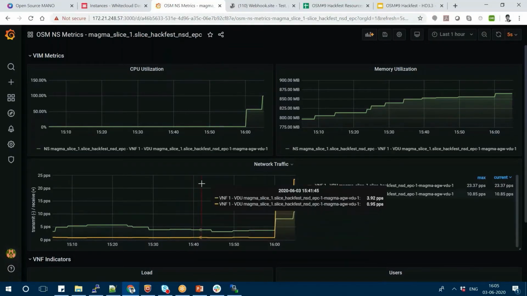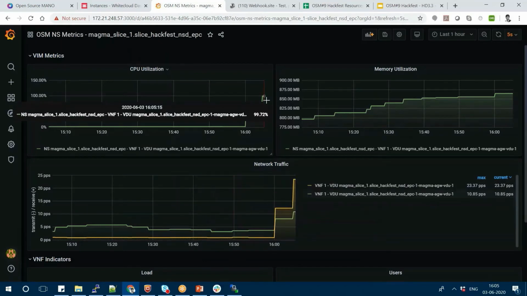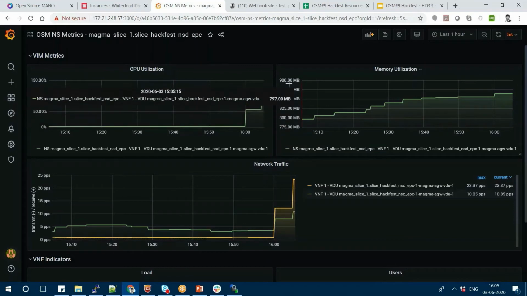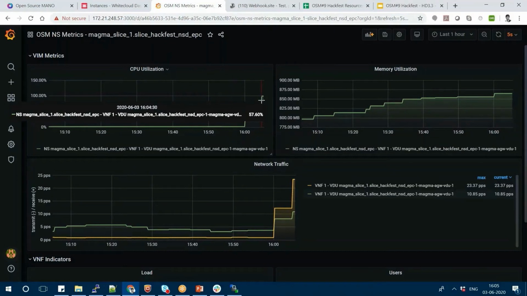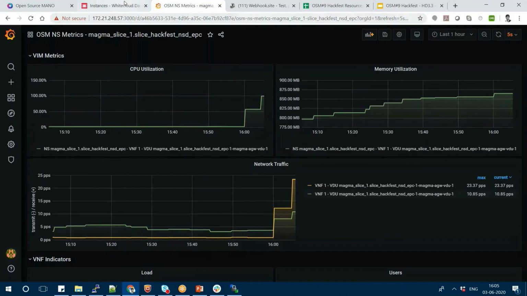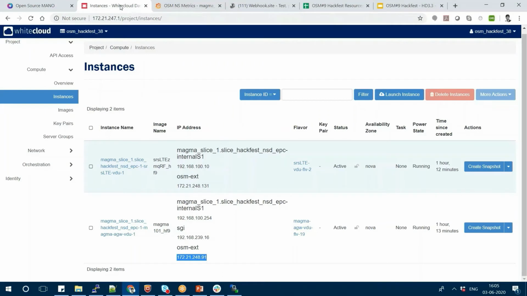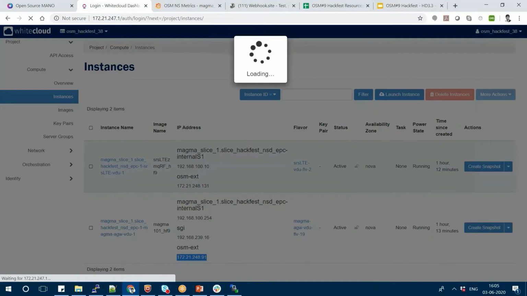So we had stressed it earlier. Now you can see that the metric value has increased. It was somewhere around 2% and is now 100% because we have stressed it. And then we can also see whether the scaling has actually happened. So if you go to your OpenStack instance, earlier there was one VDU. Now if I refresh,